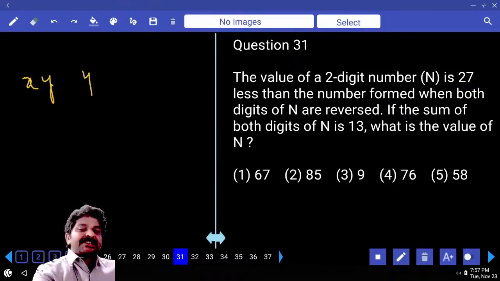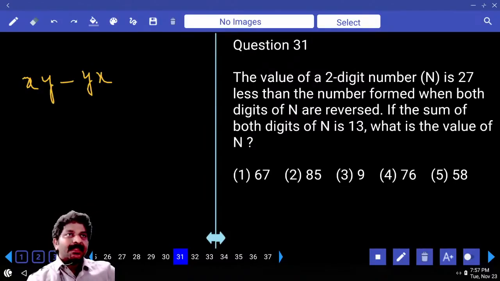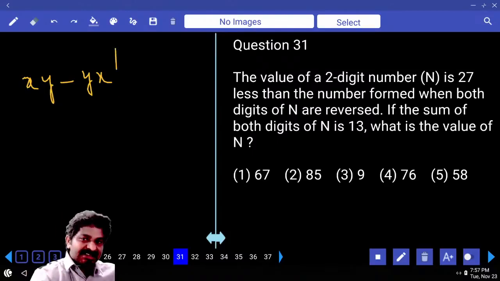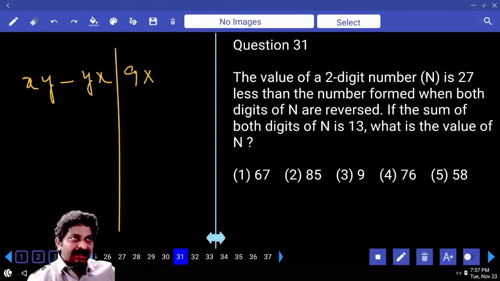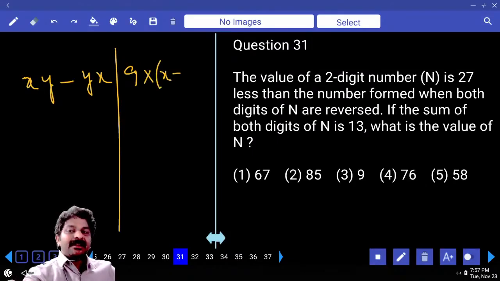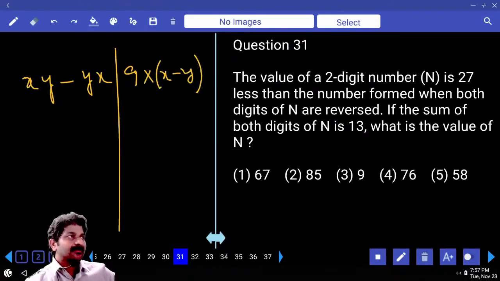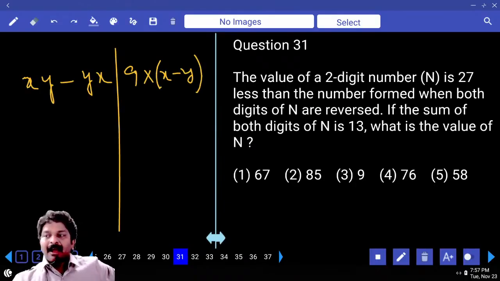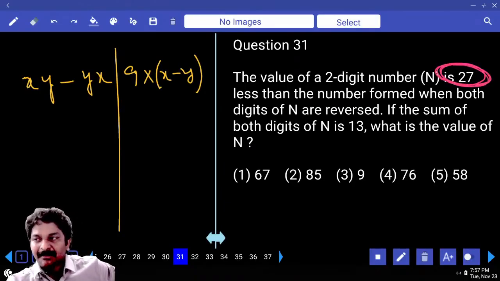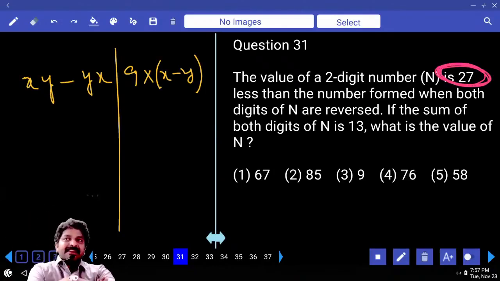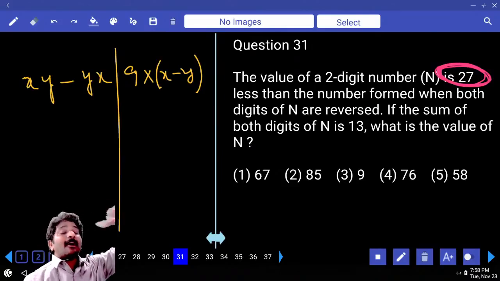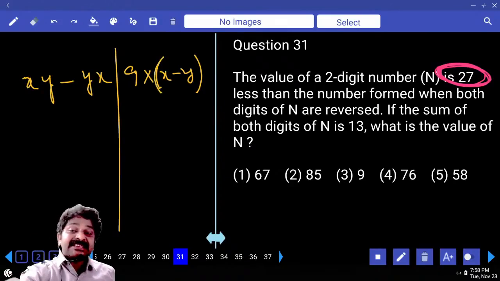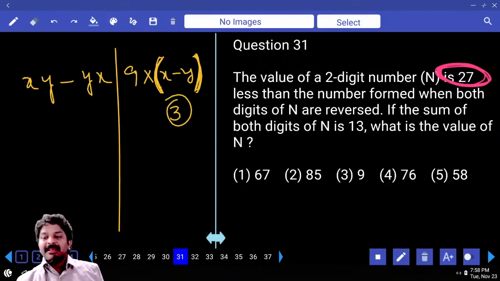xy, when you interchange it, you'll get yx. The difference of the original two-digit number and the number obtained by interchanging the digits must always be a 9 multiple. 9 multiple of the difference of digits. If you know this point, how much is the difference between the original two-digit number and the number obtained by interchanging the digits? 27 is a 9 multiple only. 9 how many times? That means x minus y must be, x minus y must be, can it be the first